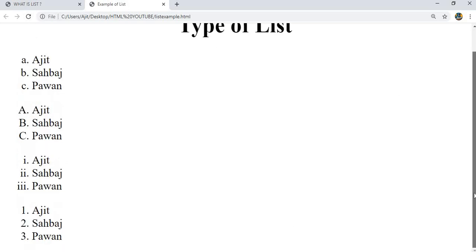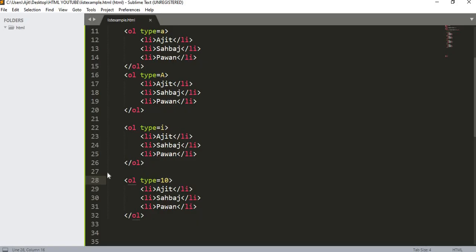Okay, we are not getting it, right? The problem is that we have to make changes. What changes we have to make, you must know.